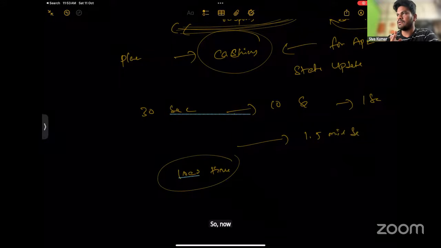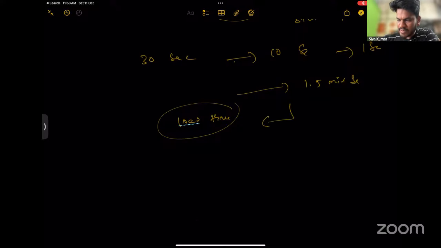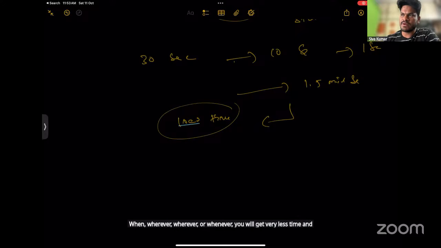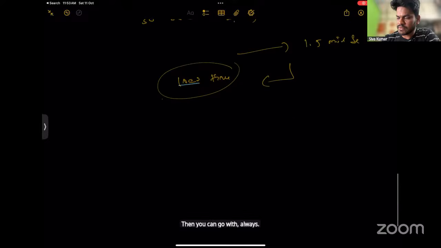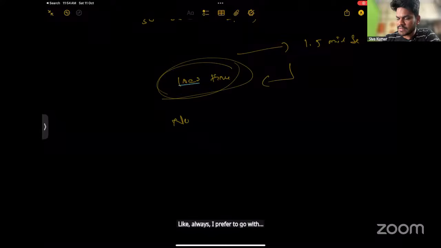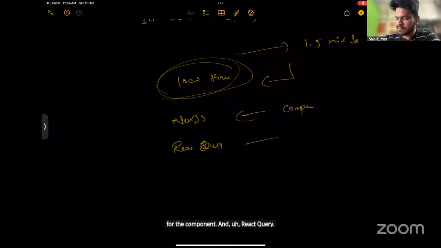Now you can ask me, hey Shiva, which framework should you choose? Whenever you have very little time and need a lot of scalability across all the components, then you can always go with this approach. I always prefer Next.js for the components and React Query for API calls.